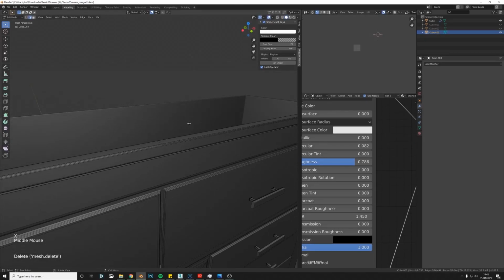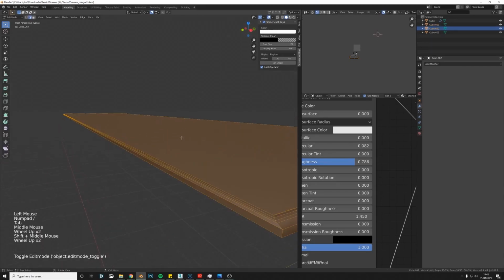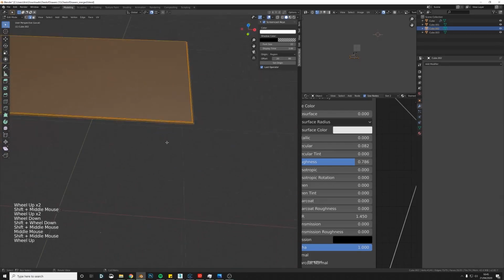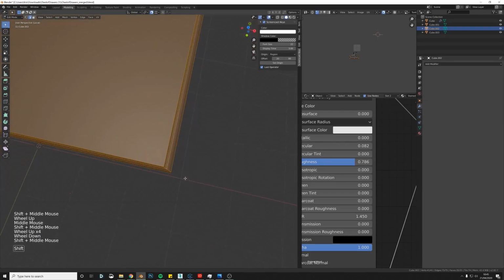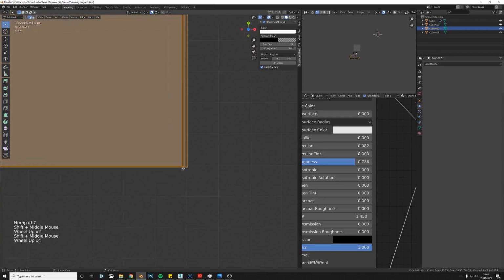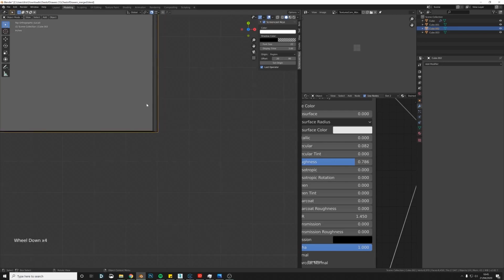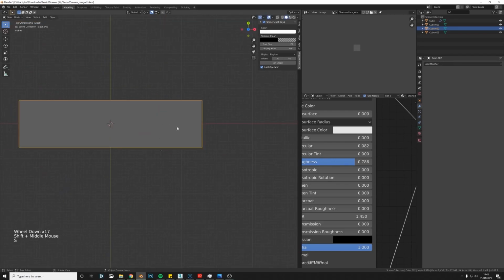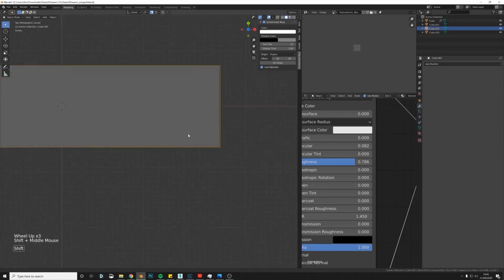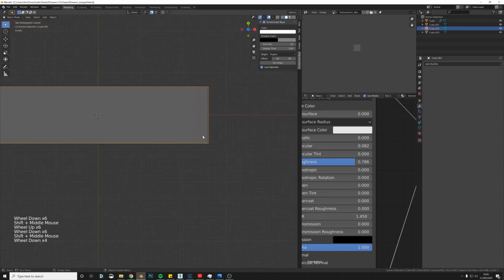Perfect. So now I'm just going to go back into this face anyway, and there's one thing I've noticed: you applied a bevel, but it looks like you didn't apply the scale first, and it's quite easy to fix. You can see that if you applied the bevel with scale applied, it would have applied the bevel evenly, but it's kind of skewed one way because you probably stretched it along the axis this way. So if you don't want to make this whole face again, the one thing you can do is